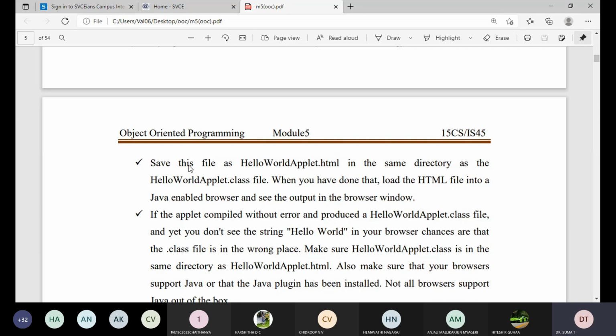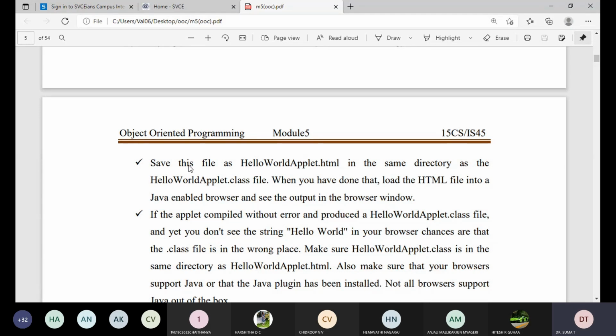When you have done that, load the HTML file into a Java enabled browser and see the output in the browser window. If the applet compiled without error and produced a HelloWorldApplet.class file, and yet you don't see the string Hello World in your browser, chances are that the .class file is in the wrong place.